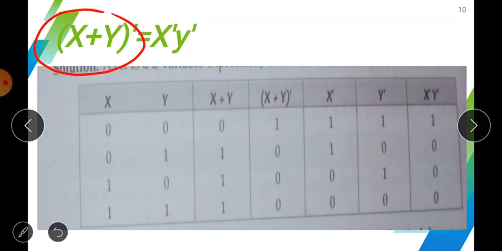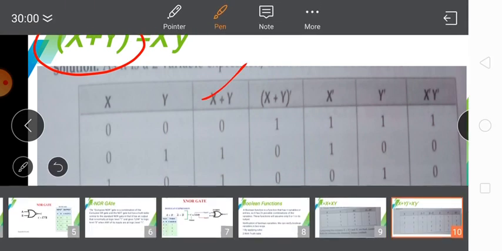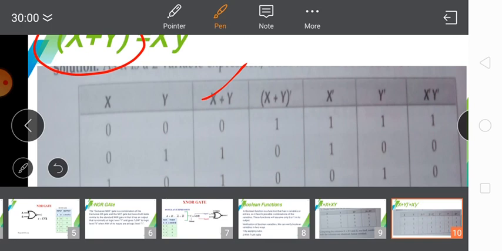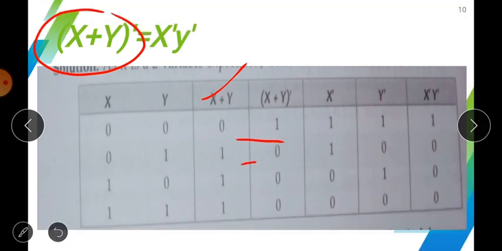In short, you have to calculate the NOR function of x and y. First of all you calculate x + y, this is the OR function, and then invert the output, meaning 0 to 1 and 1 to 0. So this column is the column for this side, meaning (x + y) naught.